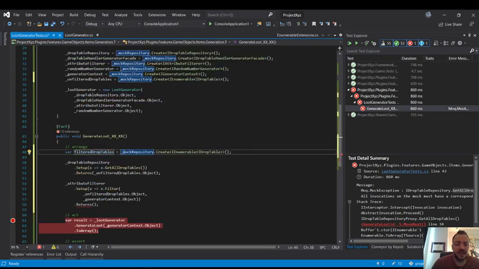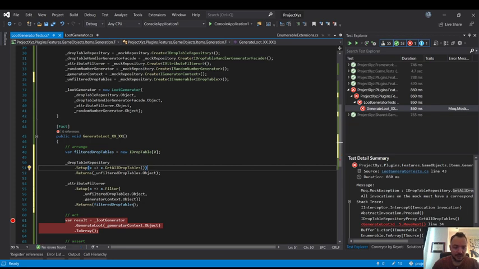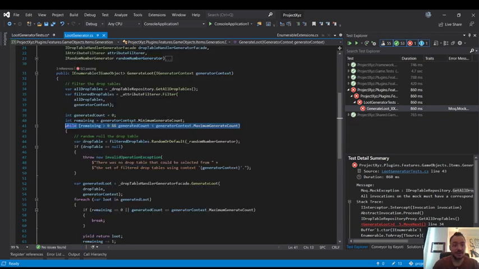So I'm not going to make a mock for this. Enumerables get really weird to mock out because you actually have to set up the sort of built-in methods that enumerate. It's kind of ugly, but I'm going to set up this scenario where there's no drop tables. And you can see I didn't have to put .object on here because it's not a mock. So whatever, there's no drop tables to come out. But the thing that I need here is I need to set up